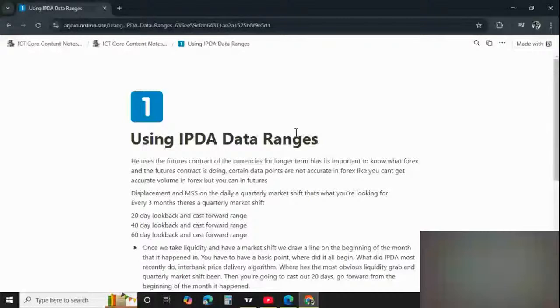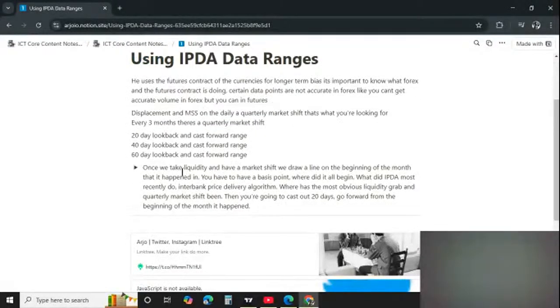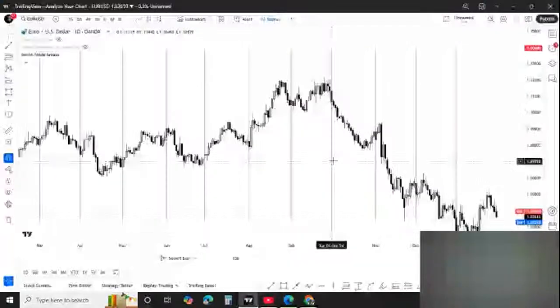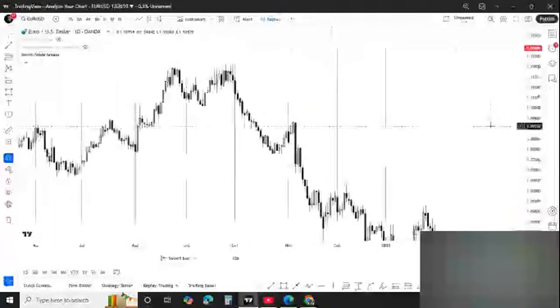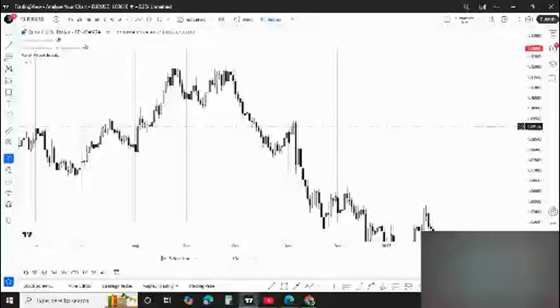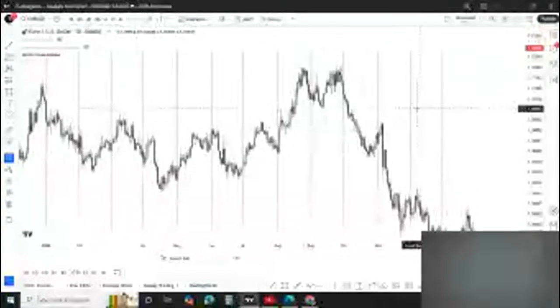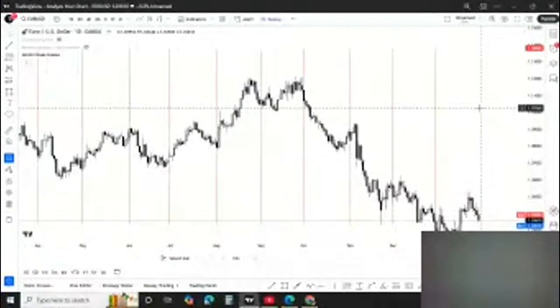Okay, so now he said, once we take liquidity and have market structure shift, we draw a line on the beginning of the month that it happened in. First of all, IPDA data ranges पे बात करते हैं. It is IPDA data ranges, the banks, the central bank are looking for the market structure shift. Like शुरू से हम बात करना शुरू करते हैं इस डेटा रेंजेस पे, ठीक है. Like ICT ने दो वीडियोस में बात की है,